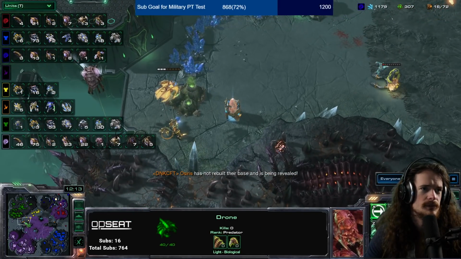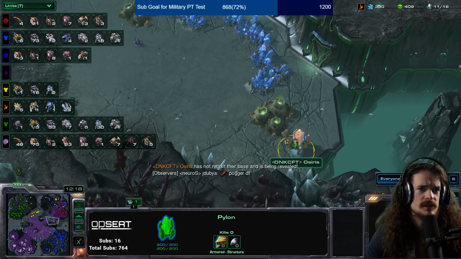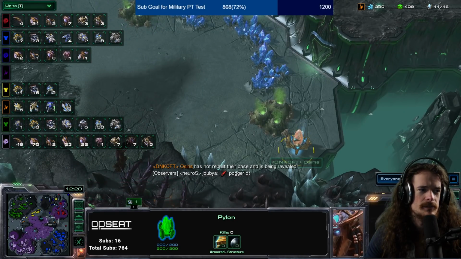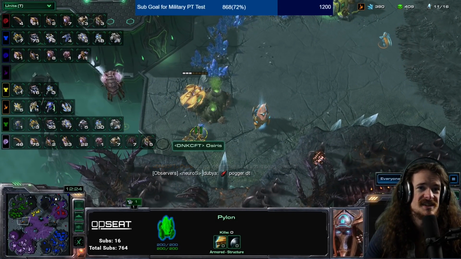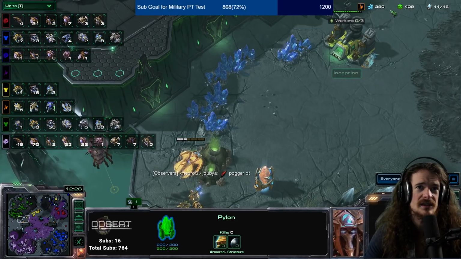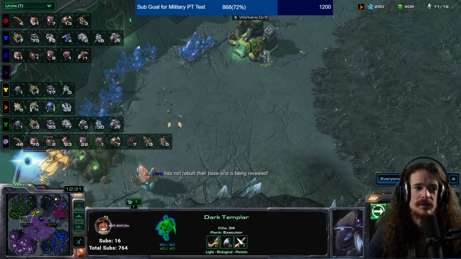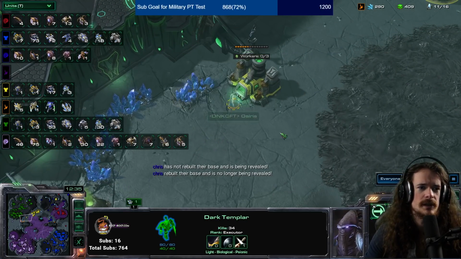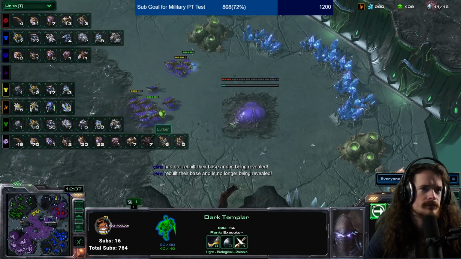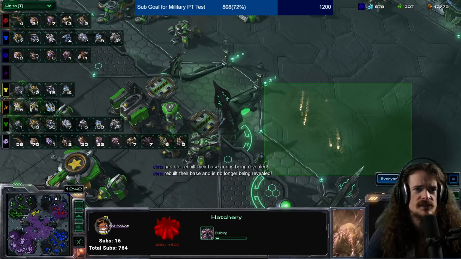Osiris is being revealed because the Nexus was killed. But this pylon is keeping him in the game. But Osiris doesn't have enough minerals to make another Nexus. How much does it cost? 400. But that's okay. He could still win with this unit with 34 kills. If everyone else in the match dies, and this Dark...